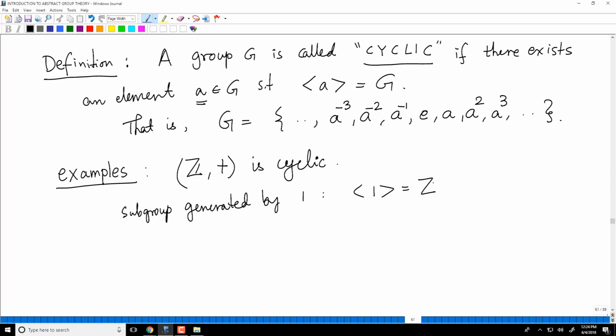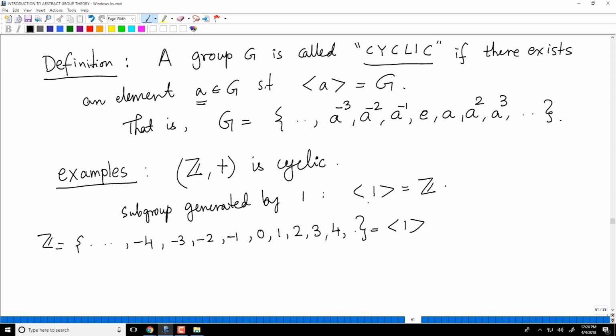This is equal to Z, because you take 0, you take all multiples of 1. So you take 1, 2 times 1, 3 times 1, 4 times 1, you take 0, you take the negative of 1, twice the negative of 1, thrice the negative of 1, 4 times the negative of 1. This is equal to the subgroup generated by 1, but of course this is Z also. So Z is cyclic and it is generated by 1.